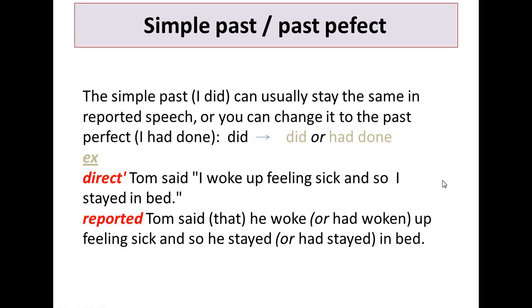And so here we have I, it's changed to he stayed. Okay, so we can say it as in the past, or had stayed. So we have two options or two possibilities, stayed or had stayed in. Whenever we are talking in the past, we have two possibilities: the verb can stay in the past or can change to the past perfect.